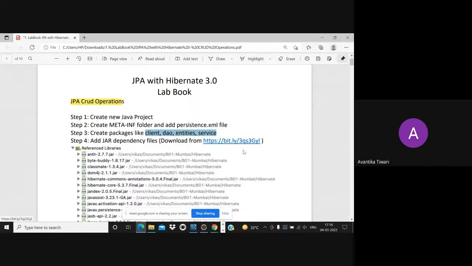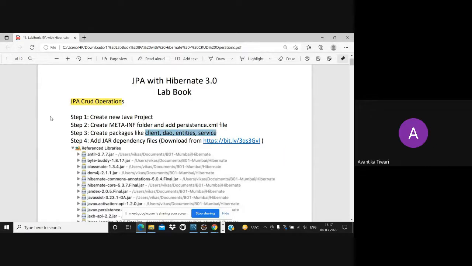Now when you start using Spring Boot, data access object is not required. There we will be using something else, a repository. Then there is an entity package, in which I will keep my entity class, and a service package where I will keep the service class. What I am trying to tell you is, based on the design pattern you follow for any project, the way of organizing the various components of the program also varies.